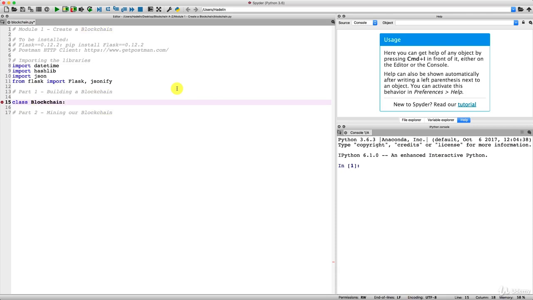Alright, and then colon, and here we go inside the class. So what will we define exactly inside this class? Well, that's basically all the components of a blockchain, all the pillars of the blockchain. So we will of course include the genesis block, then we will initialize a chain in the init function, then we will make a create block function to add a new block, which will of course be used to mine a block later on.